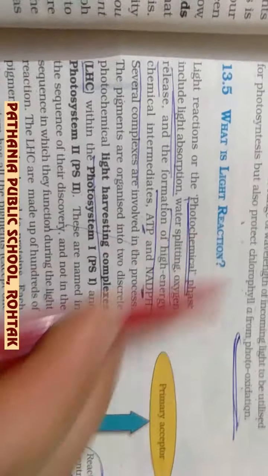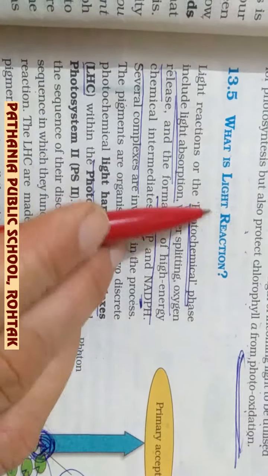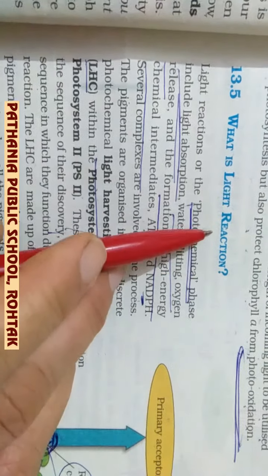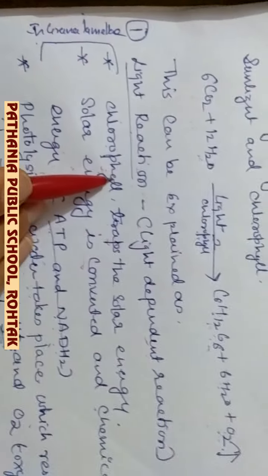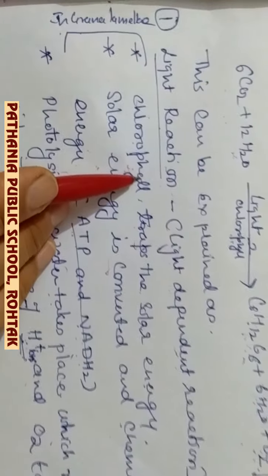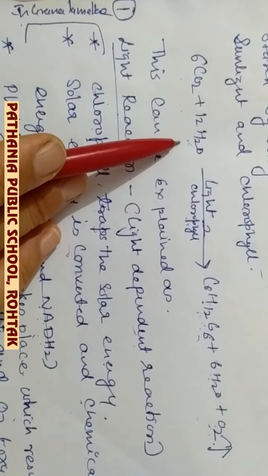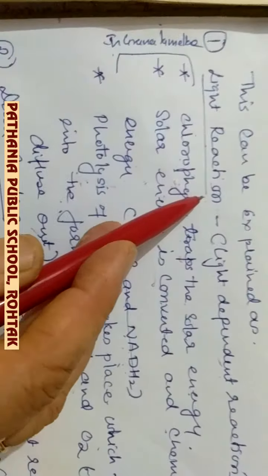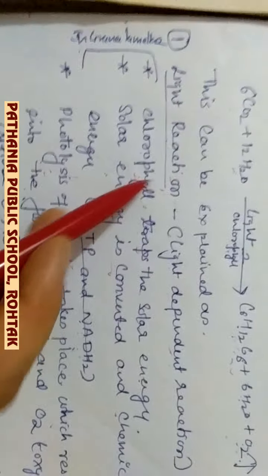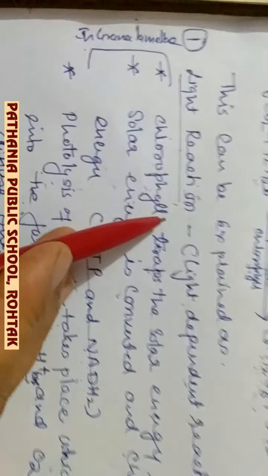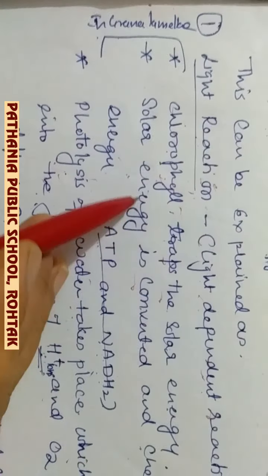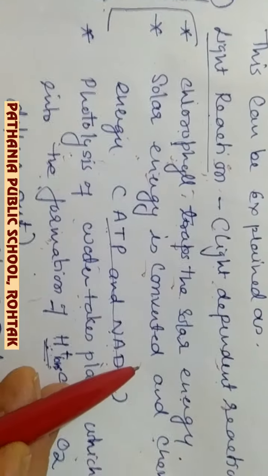Good morning, children. Our today's topic is what is light reaction. So, before discussing this whole topic, I want to show you these notes which I have already supplemented along with the previous videos, in which we have discussed that photosynthesis is actually completed in two steps: light reaction and dark reaction. So in light reaction, which is a light dependent reaction, chlorophyll traps the solar energy and it is converted into chemical